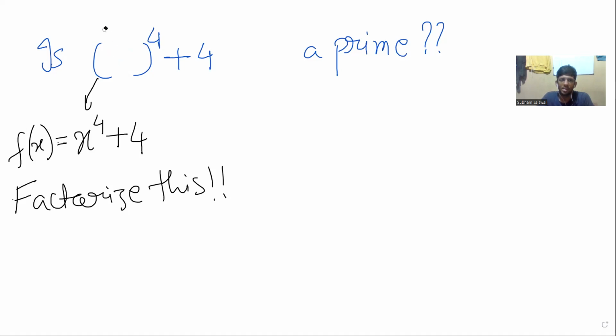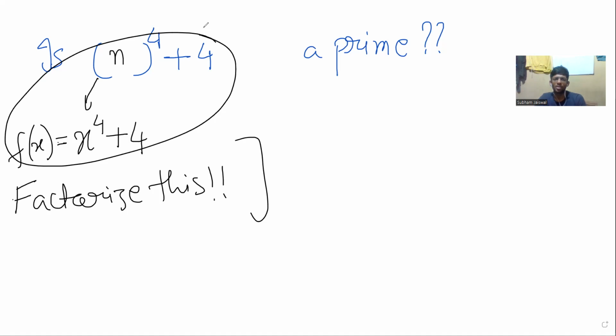So basically, I'm trying to say that for any n, n to the 4 plus 4 to the n is not prime. So this is the thing. So you factorize. Yesterday's class was the induction class, where we ended up doing a little bit of number theory, the end of how we showed how factorizing the